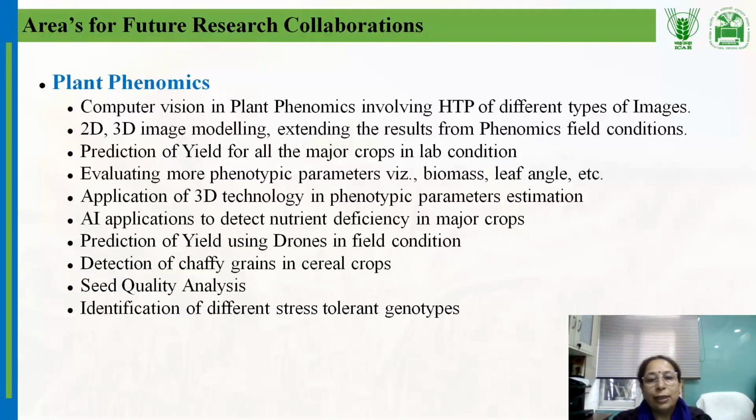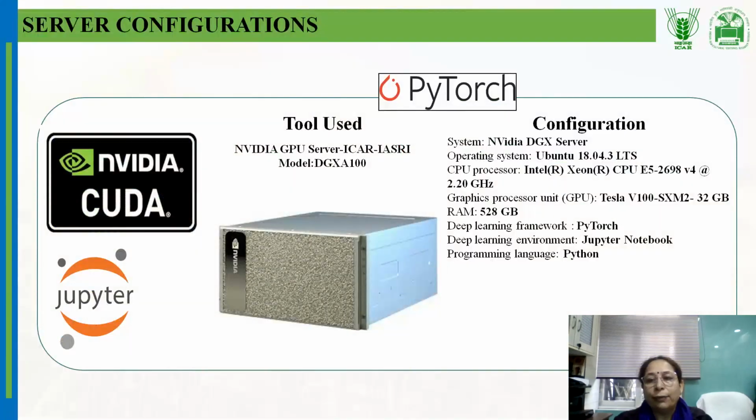Also the application of 3D technology in phenotypic parameter estimation, AI application to detect nutrient deficiency in major crops, and prediction of yield using drones in the field conditions. So we want to take our models to the drone level also, detection of Cepheid grain in the cereal crops in which we are working, analysis of seed quality, counting of seeds, and identification of different stress tolerant genotypes. These are some of the areas in which we are working, and we would like to take